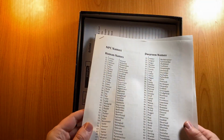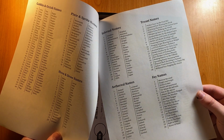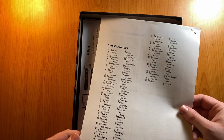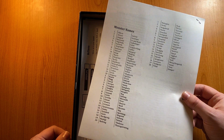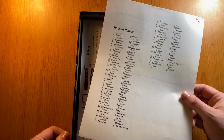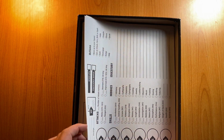What I want to talk about is the list of names that I have for NPCs. Anything that my players can throw at me. I've got humans, goblins, elves, drow, demon names, angel names, fae names, names for treants. I've got names coming out the wazoo because, you know, you never know what's going to happen. And I don't want to have to sit there and try to think of a brilliant sounding name that matches the aesthetic of my world and all that kind of stuff. So I just have a big long list that's ready to go in case somebody says, hey, what's that guy's name? But I don't want to talk about that because I want to talk about the roll under hack that